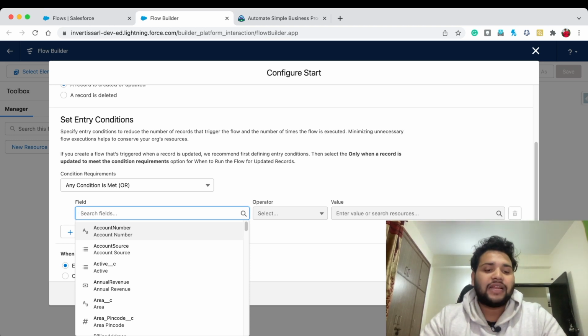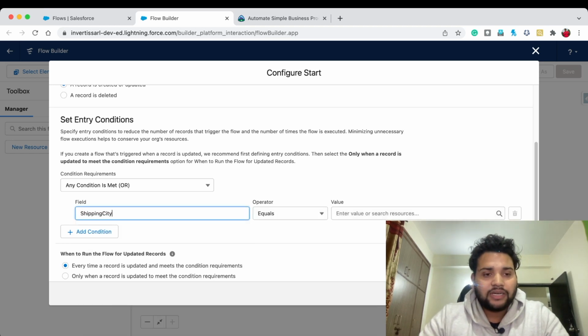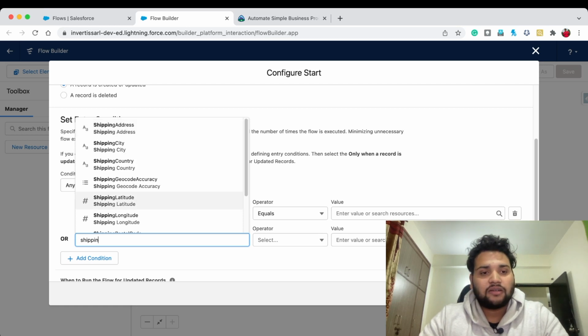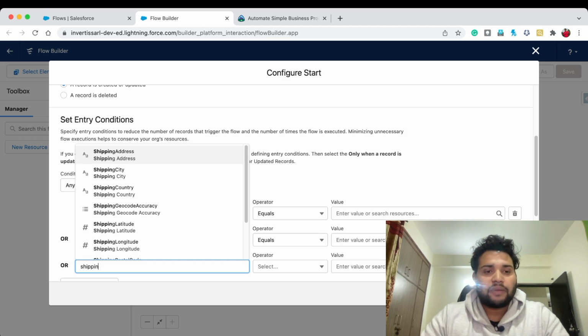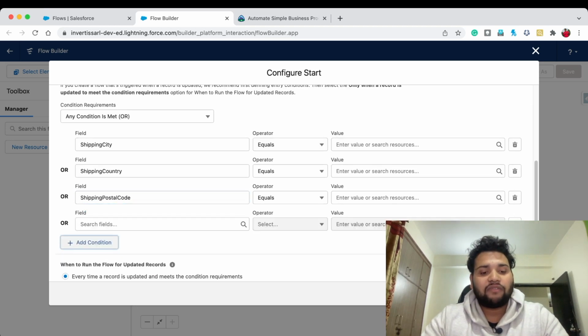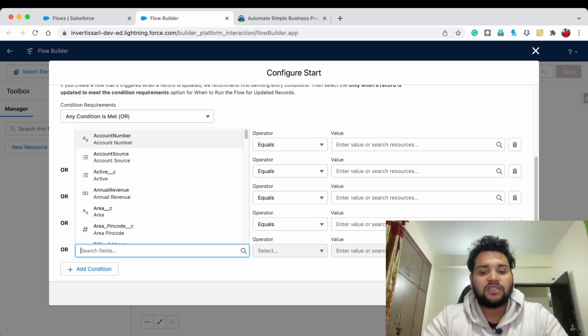So here we need to select shipping city, shipping country, shipping postal address, meaning postal code, add one more condition as shipping street, and one more condition which is shipping state.